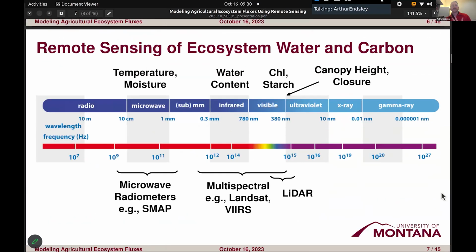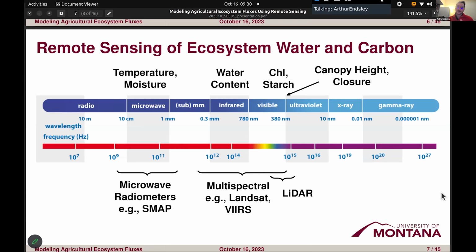And then the last component is remote sensing. So why is remote sensing so useful for understanding ecosystem processes and ecosystem function? Well, that's because many of the things that we care about that are changing in ecosystems are things that we can resolve from space with spaceborne sensors. So this is a depiction of the electromagnetic spectrum. We have a number of sensors that are sensitive to broad segments of the electromagnetic spectrum. At microwave wavelengths, we are sensitive to temperature and moisture, and we have microwave radiometers that are currently capable of measuring soil temperature and soil moisture and even vegetation moisture.